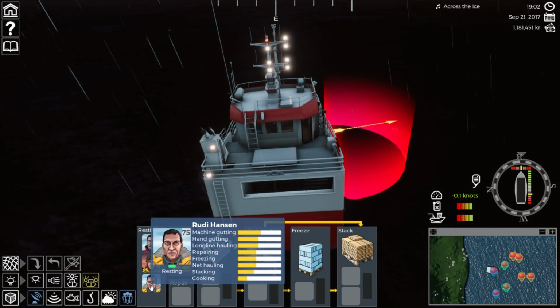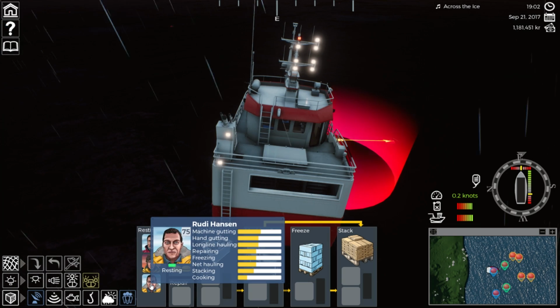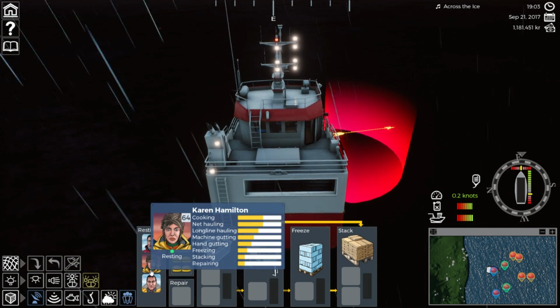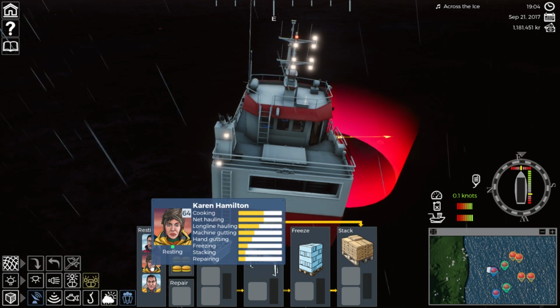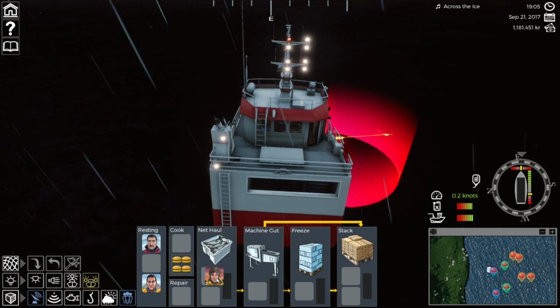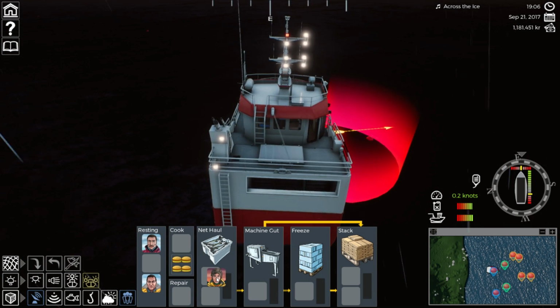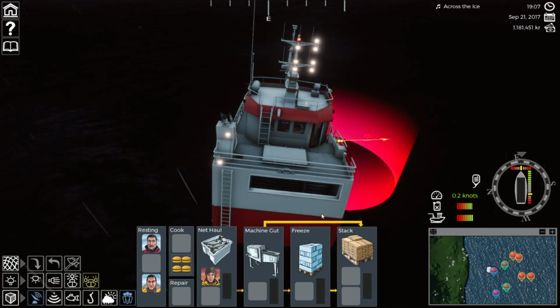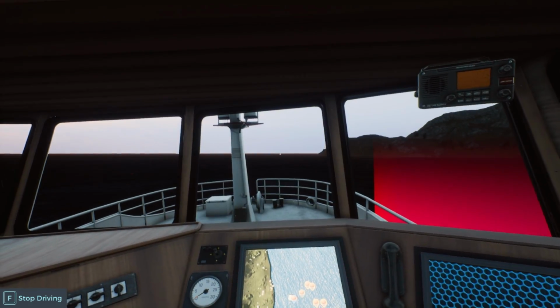Now this guy's good at repairing the boat, so that's good. He's good at machine gutting too, which he's better than George. So maybe what we'll do is let him rest, and we'll put her on the... Let's see, who's freezing? These guys are all... I have a pretty good crew. I paid money for them, but they're decent. So let's go ahead and put her on the net haul, and I'm going to join her downstairs. So let's go into the cab and...